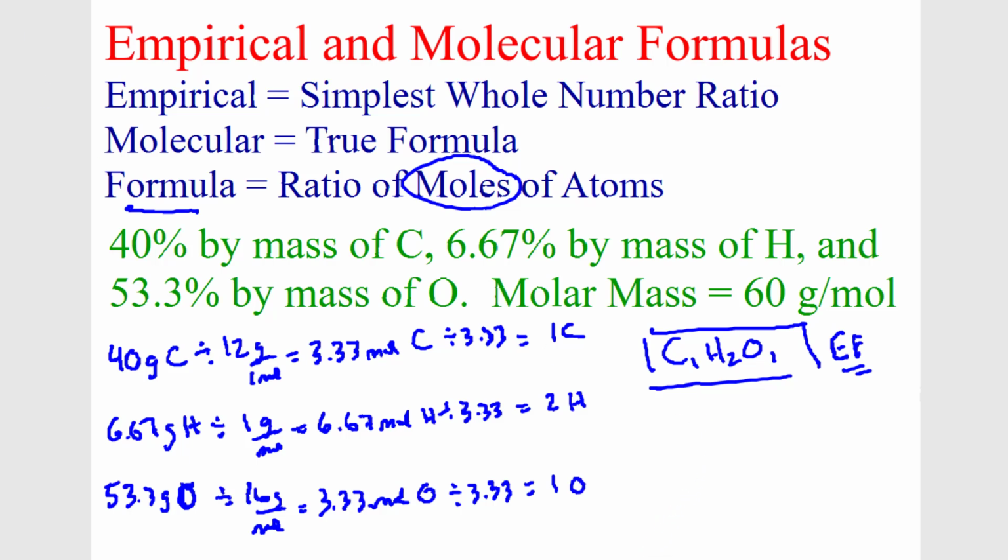In order to know if this is the true chemical formula, the molecular formula, I've got to take a look at the molar mass. So if I take this empirical formula's molar mass and add this up, 1 carbon, 2 hydrogens, 1 oxygen, that's 12 plus 2 plus 16. That gives me 30 grams per mole. So the empirical formula has a molar mass of 30 grams per mole. The true molar mass is 60 grams per mole, which means what can you say about the true molecular formula? It's got to be double this, doesn't it? It's got to be